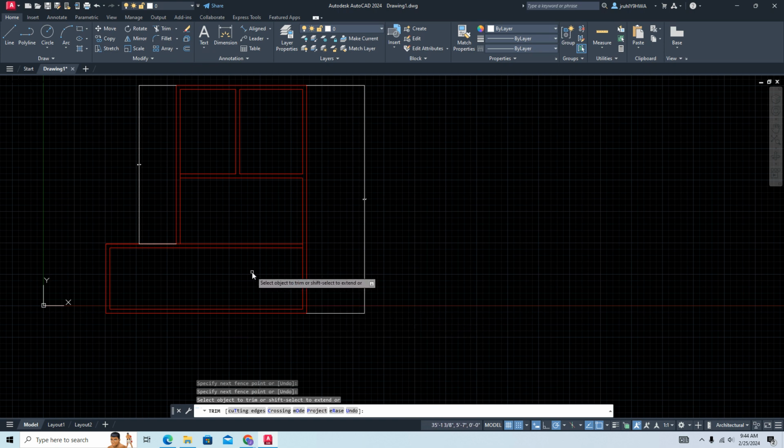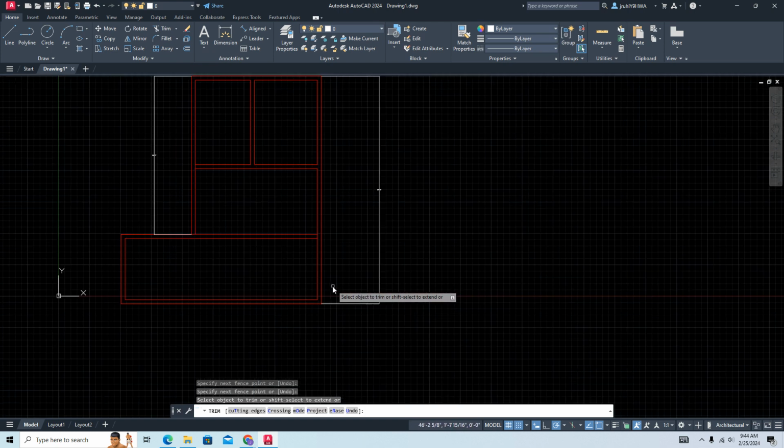So they got a door right here. It's never going to be on the external wall. It's going to be on the internal wall. And all the doors are 4 feet. So I'm going to grab this thing, offset it 4 feet, extend, and then trim away and make my door,